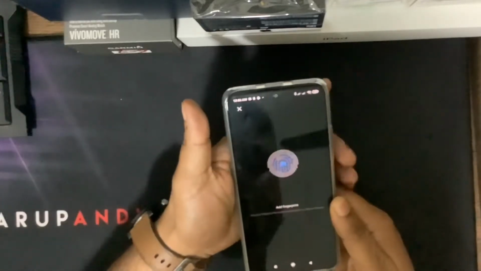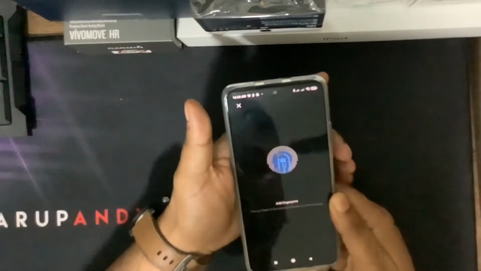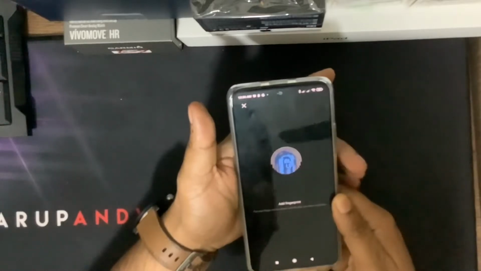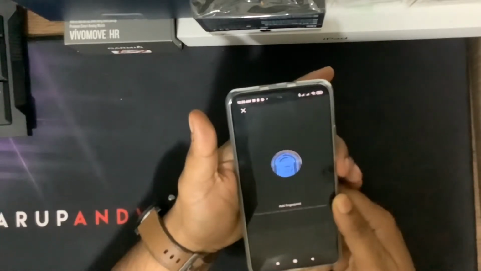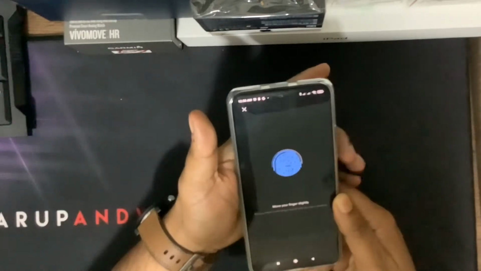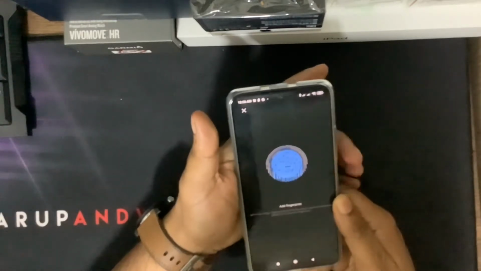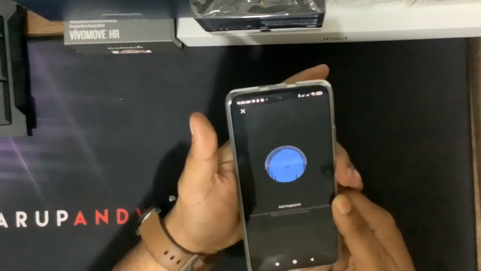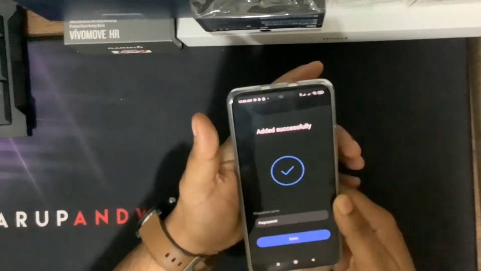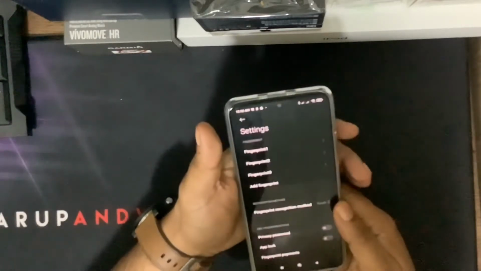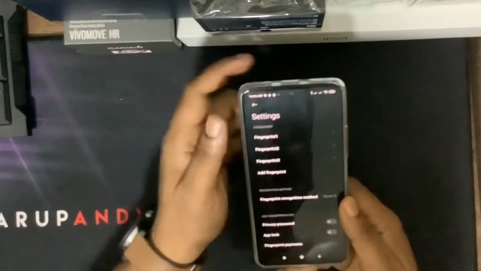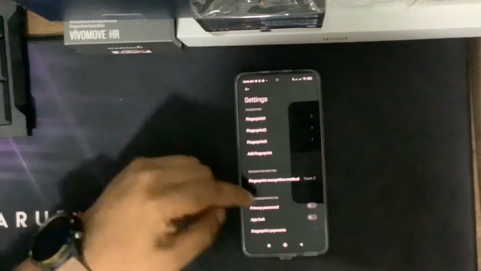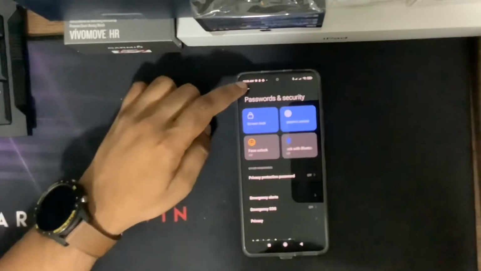I'm not sure if I've already added this or not. Let's add more fingers. Fingerprint 3 done. So far I'm not going to activate app lock and all those stuff.